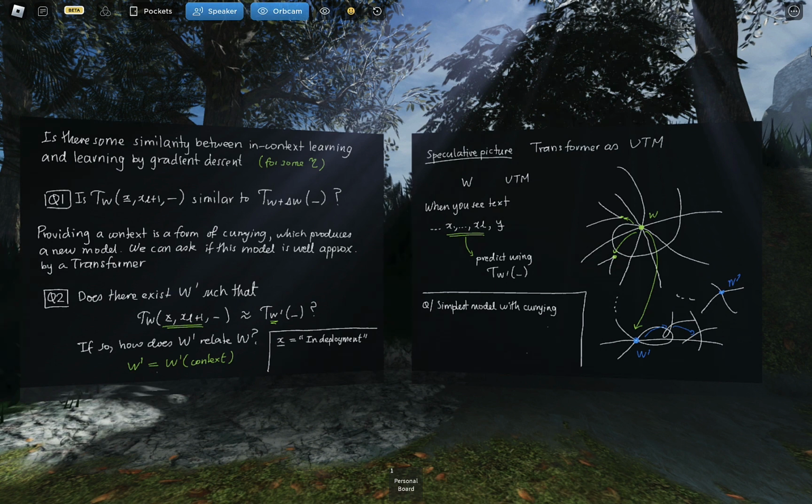So maybe to take a simple example, maybe we get nowhere with this, but it might be interesting. Suppose that the context switches, it's just a hierarchical distribution. So you flip a coin, and if it's heads, then you roll a normal 6-sided dice, and if it's tails, then you roll some biased dice. If you have a hierarchical distribution like that, and you see some information that tells you which distribution it's from,